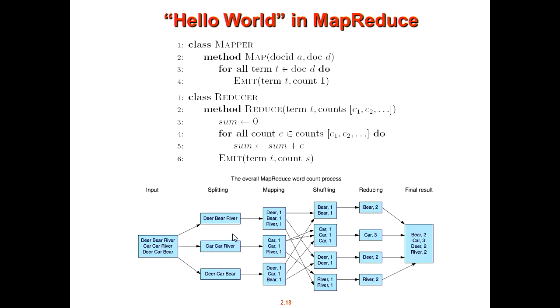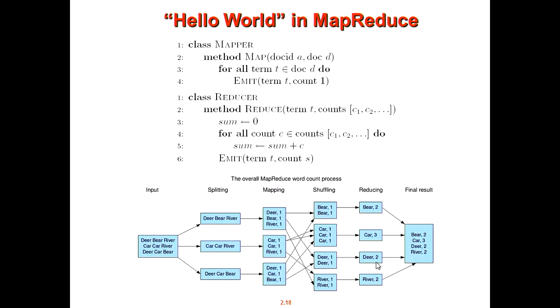Assume that the 3 documents are split into 3 different data chunks, and each is processed by one mapper. Each mapper generates some intermediate results, which are then shuffled and sorted. The key value pairs are sorted according to the keys in alphabetical order, and the values for the same key are grouped together. So you can see for bear, all the ones for this bear term are grouped together, similarly for